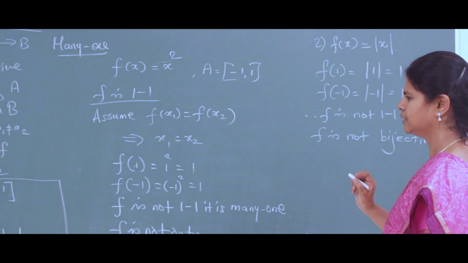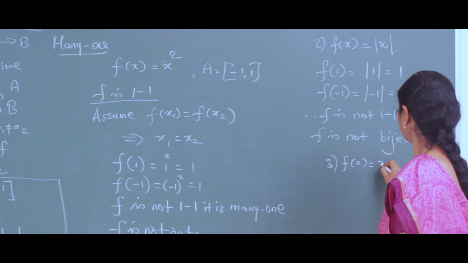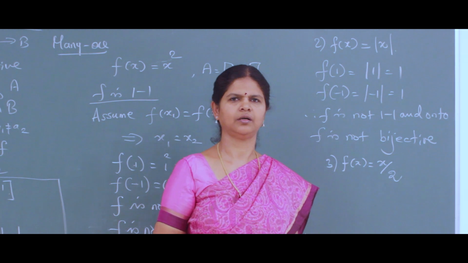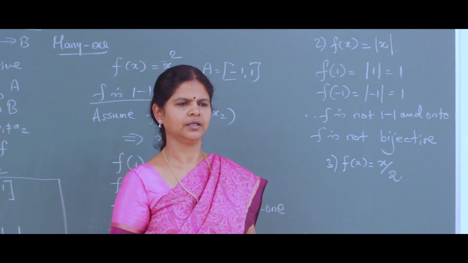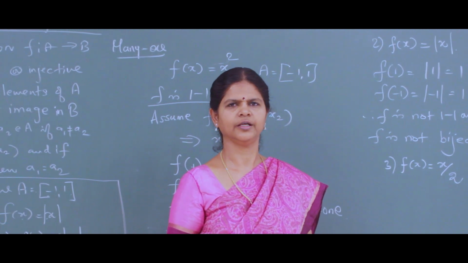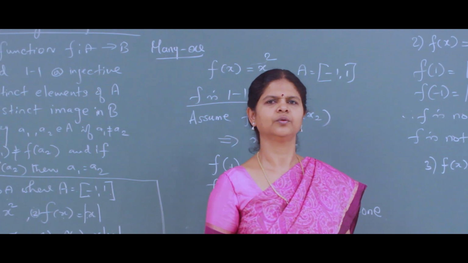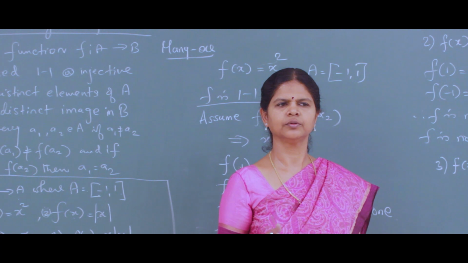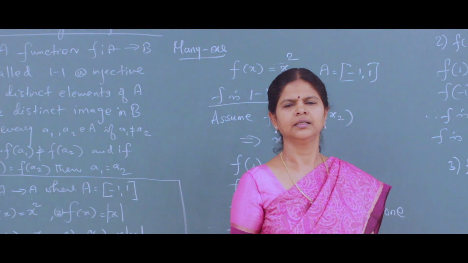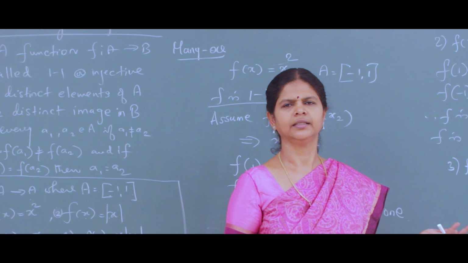Next, third question is f of x equal to x by 2. இப்போ இதுலயும் again நீங்க 1 to 1, onto prove பண்ணலாம். Again for a 1 to 1 condition you have to assume f of x1 equal to f of x2 னு assume பண்ணிட்டு x1 equal to x2 prove பண்ணிட்டீங்கன்னா f is 1 to 1. Onto again you have to prove that the element in the codomain has a pre-image in your domain, then it is onto.